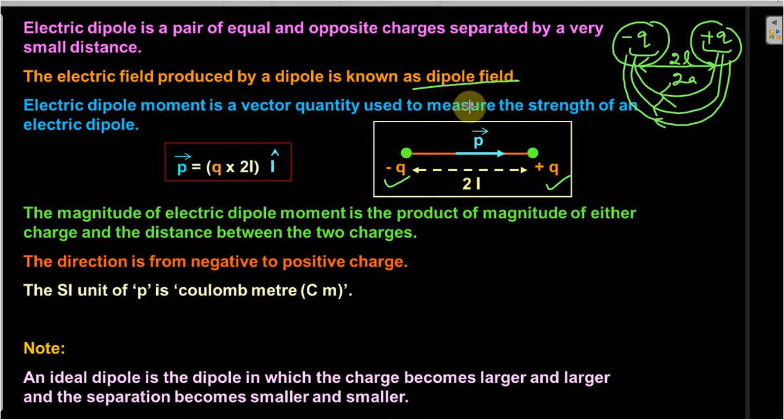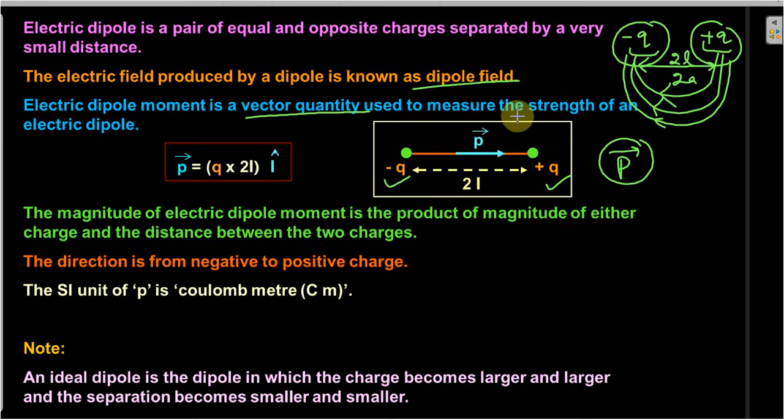For the electric dipole, you can take the example of two opposite charges. We already derived in the previous lecture how the negative charge and the positive q charge represent the field. So we can say this is the electric field due to the dipole. Next term is dipole moment. Electric dipole moment is a vector quantity, represented by the symbol p.